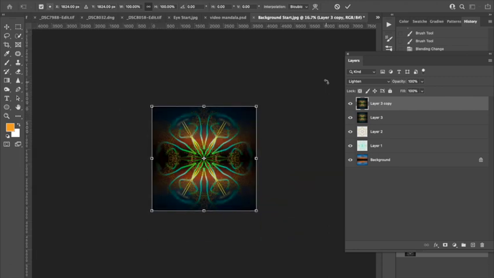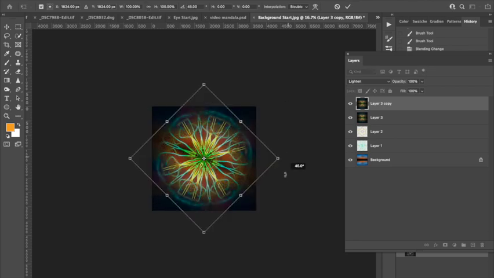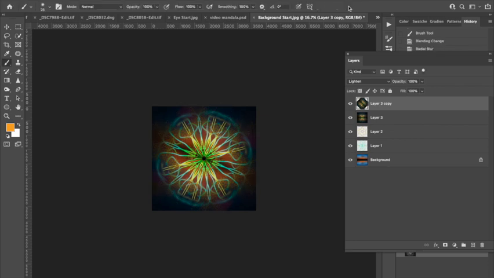So if we press Command and T, just zoom in a little bit so I've got a little bit more picture space to work with. Then holding the Shift key down, we're going to rotate the layer. So just rotate it, and that's going to constrain it to 45 degrees. Once we let go of that and commit that change, we can repeat that by using a keyboard shortcut. So we'll press Command or Control, Shift, Alt and T,